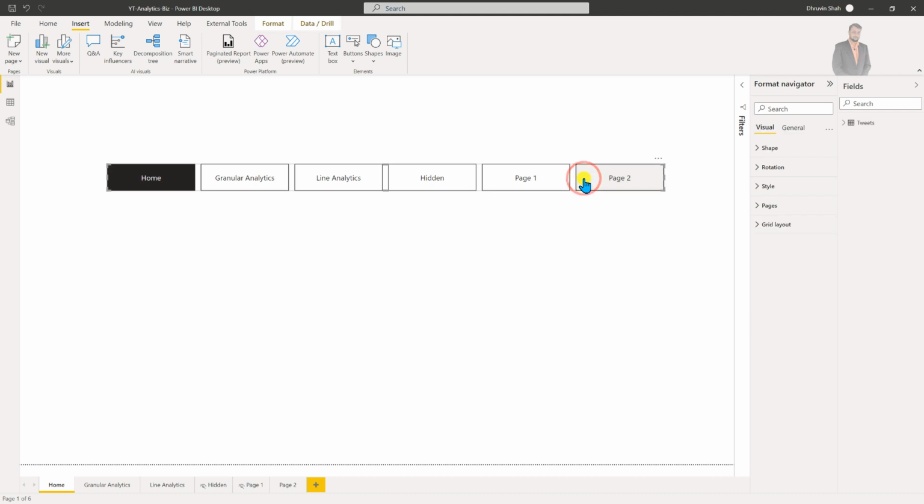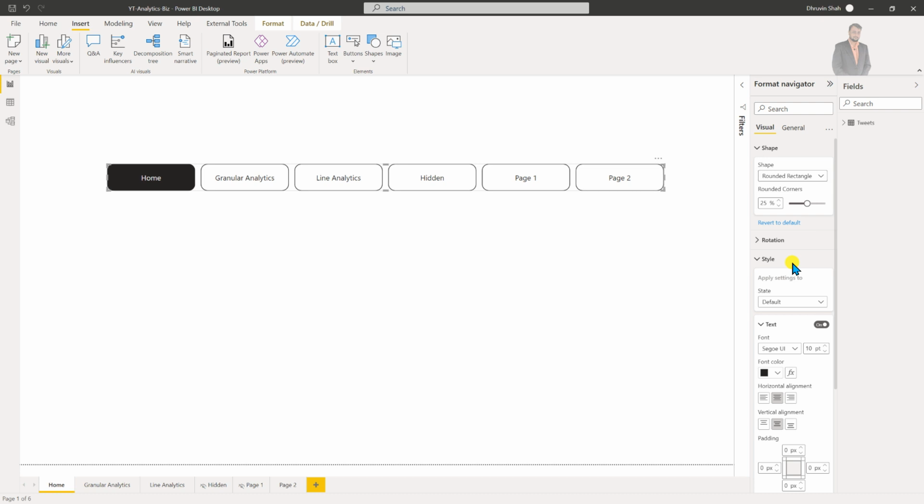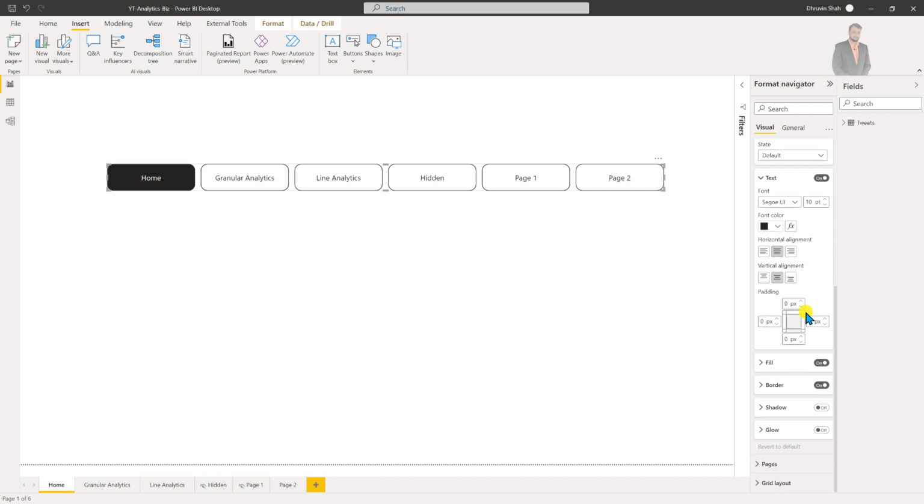So first of all let's select the page navigator over here and go to Format Navigator. Now over here there are different options. First of all you can change the shape of your navigator. I'm just changing it to a rounded rectangle so it will look nicer. Then you can apply different styles from here, and maybe you can apply rotation as well, right?